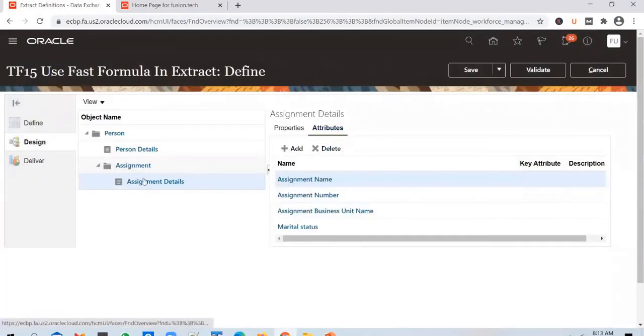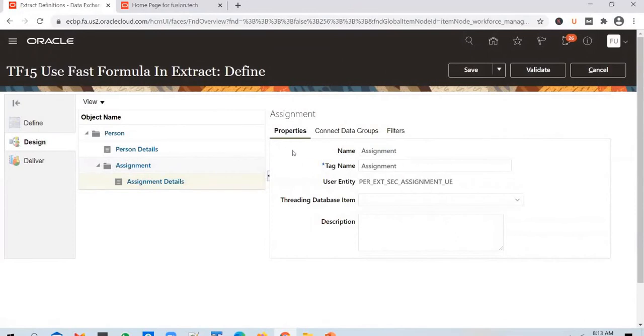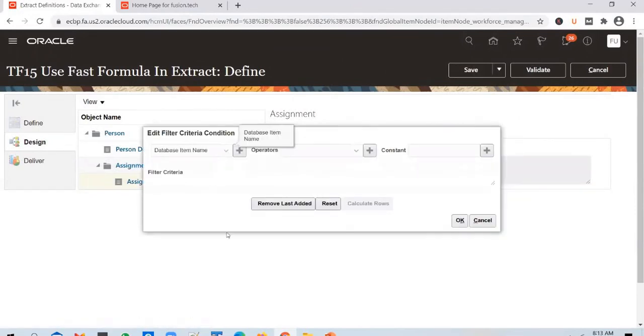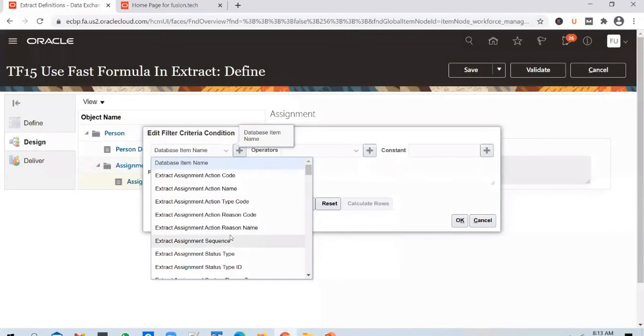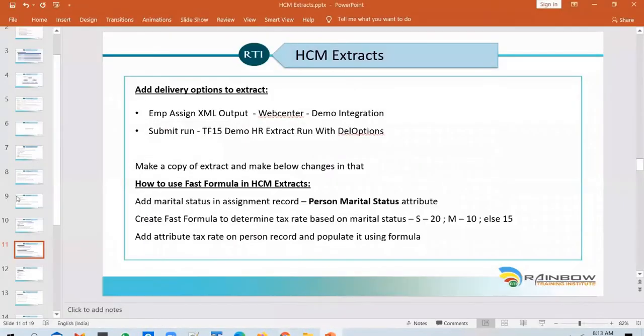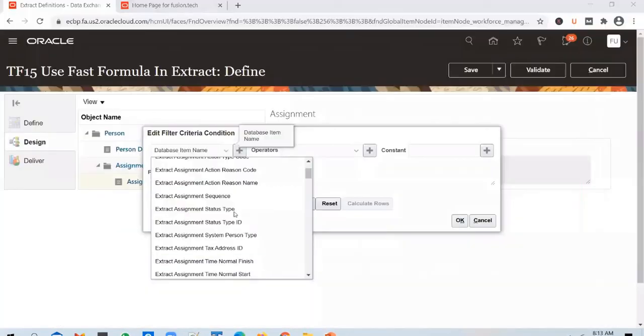And let's also try applying a filter there on the assignments. Go to filters, and let's apply this filter called assignment type.